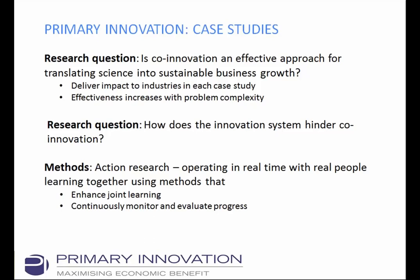So I think you're all aware why we're doing these case studies. I've always got to remember, as a biophysical scientist, to think, well, this case study is not just the science that we're doing. We're trying to say, is taking a co-innovation approach going to deliver more impact than if we just did a traditional tech transfer approach? And as we all know, it's action research. Karen is the reflexive monitor. She's the person who's watching over what's going on and providing feedback and input. And also Andrew's providing co-learning theory and advice on this as well,